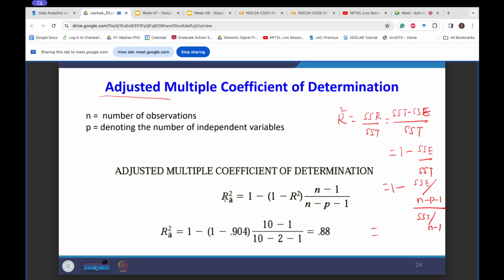But that's not the case with adjusted r square. It can also be negative in certain cases. I leave that question to you, you can think over it and then see for what values of r square this adjusted r square is going to be negative. Okay, so